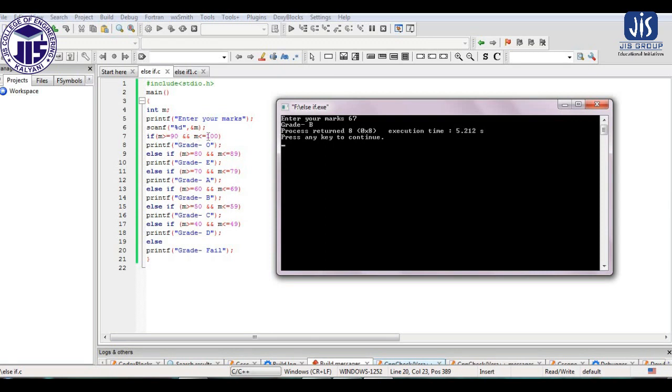The condition is false. So if the condition is false, it will come to its else part, and after coming to the else, it will apply the second condition. This condition is also false, range 80 to 89. So as this condition is false, it will come to the next else and apply this condition. This condition is also false, so it will come to the next else and apply the condition. Now this condition is true. So as this condition is true, the printf statement gets executed. And as this condition has already become true, the remaining else if need not be executed. In that way it is basically executing the else if.